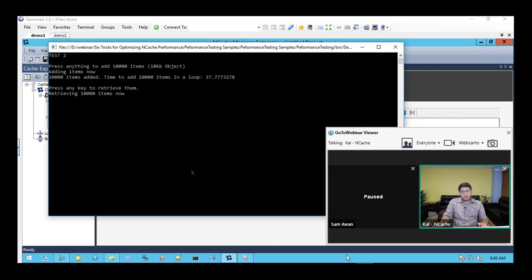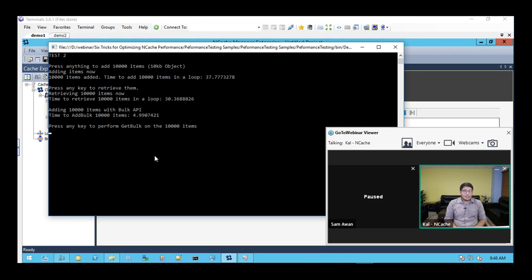Bear in mind, once it completes, it's going to start the bulk test. Based on that bulk test, we'll compare these two numbers and see how they actually affect. Here, it took about 30 seconds to retrieve these 10,000 items, and with the bulk API, it's done with the additions, and it should soon be done with the fetching part as well. Oh yeah, I need to press enter. Let's wait for it to complete, and then I can show you how all of these things look. So now it's complete.